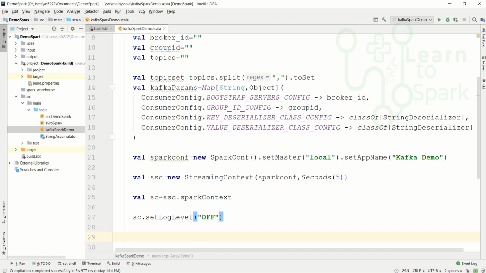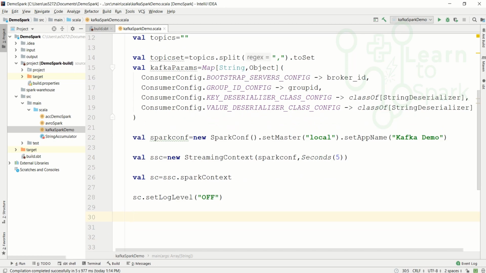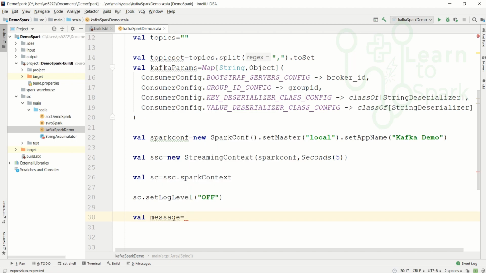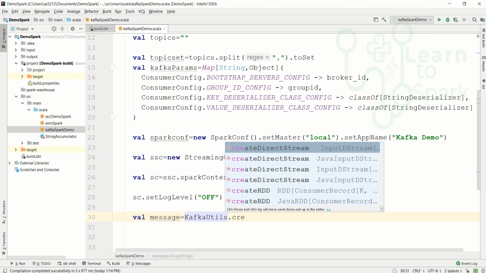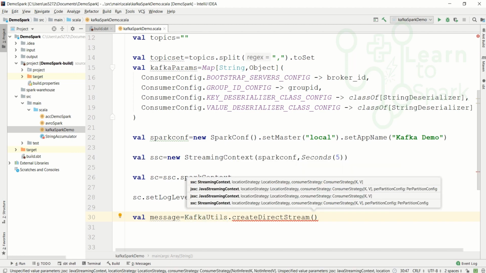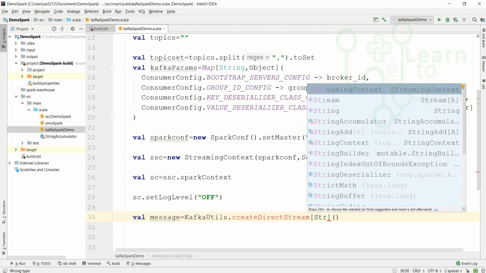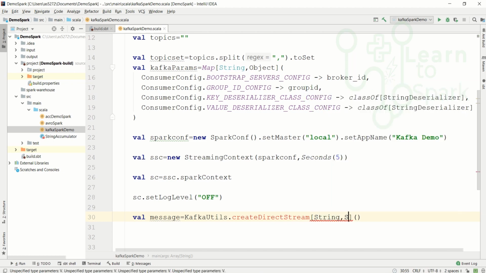Now let us integrate both Kafka params and the streaming context. For that we will define a message, and we will use KafkaUtils dot createDirectStream, and this createDirectStream will be of string comma string.